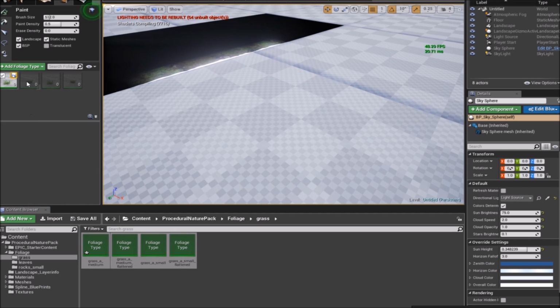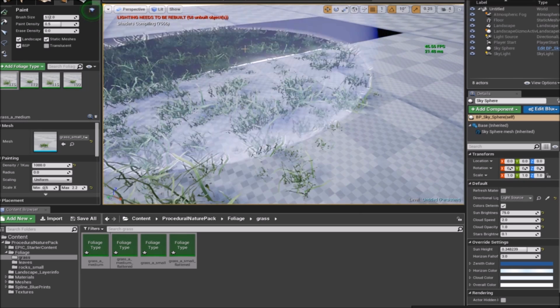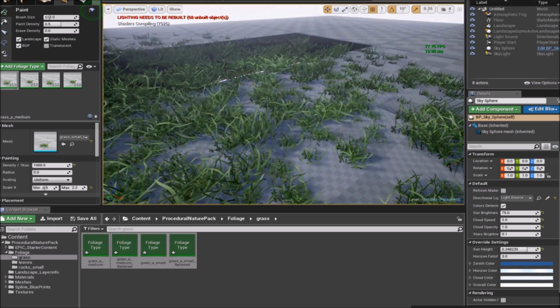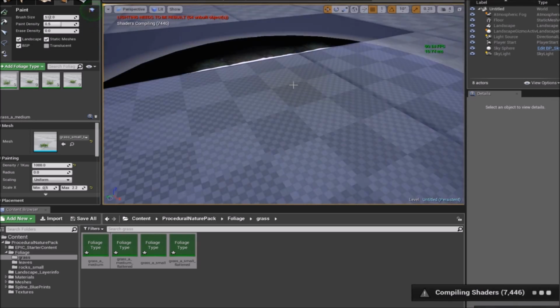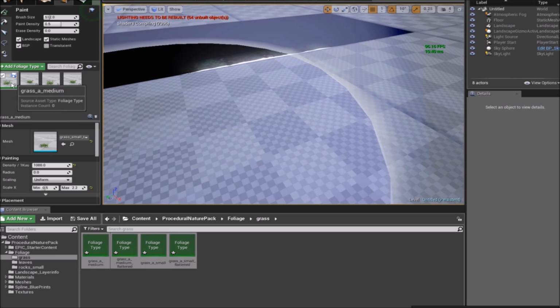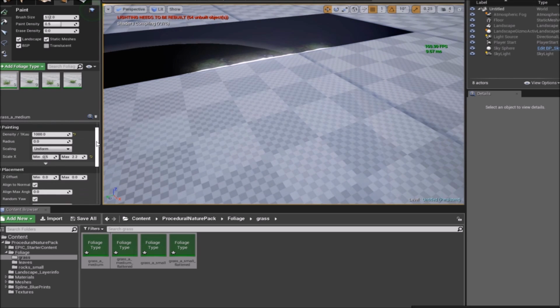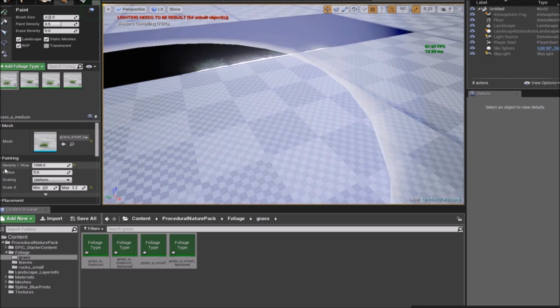So now you can select multiple types of grass if you want, and it just randomly switches between them when we're painting here. And so there's all the grass, starts painting really easily and switching between the different types of grass. If you want to change any of the settings, just select one, and at the bottom underneath it you'll